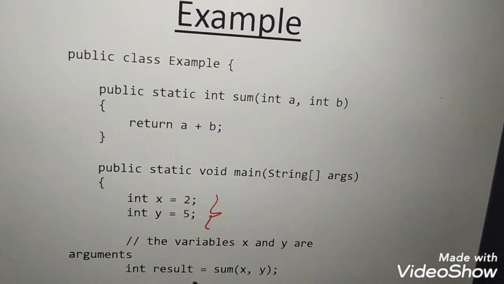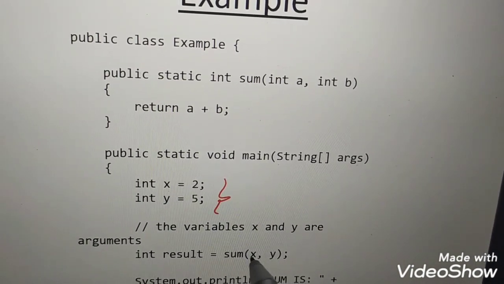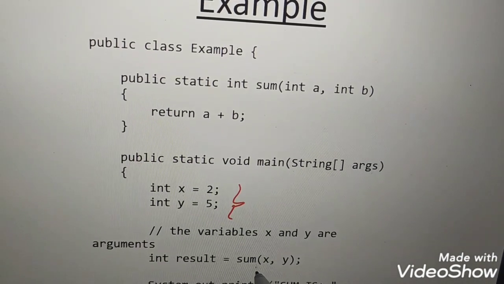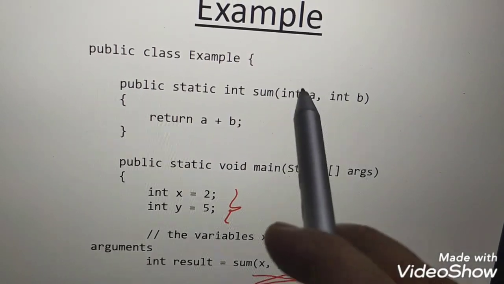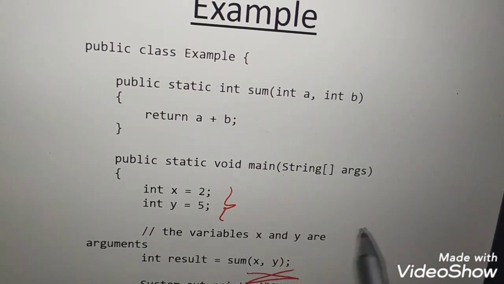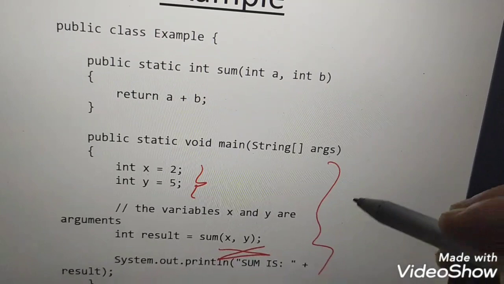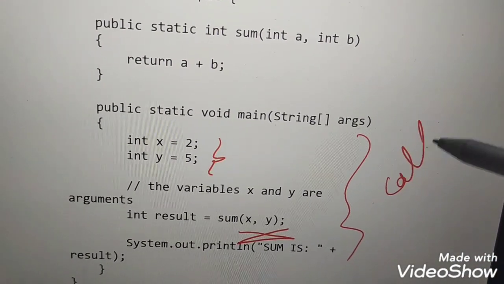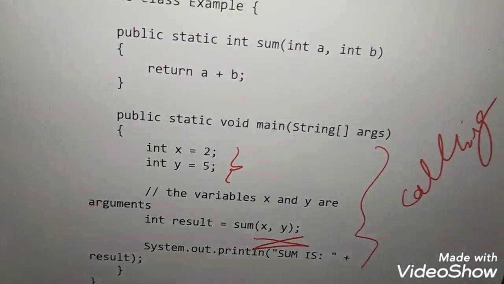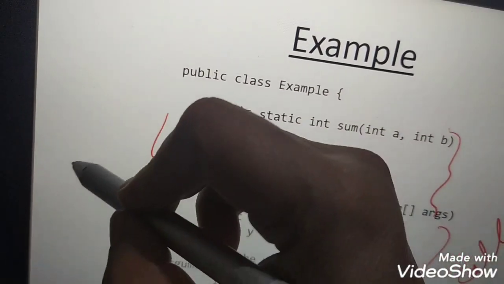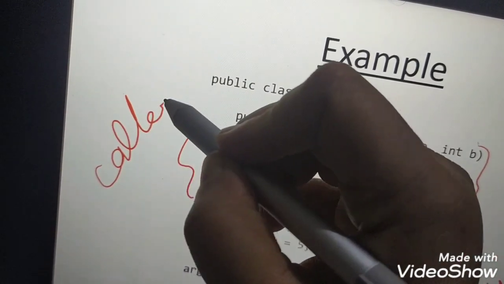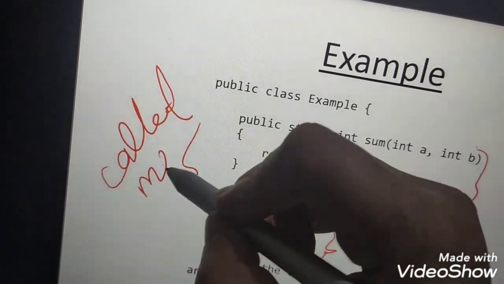Now this x and y are passed here. They are the arguments, and they are passing to what? The called method. This is the calling method, all of you know, and this is known as the called method.